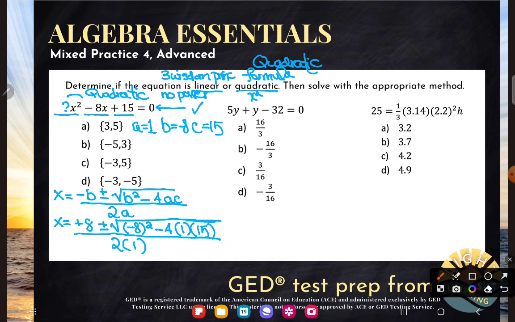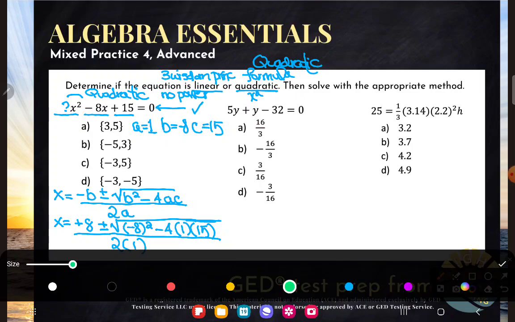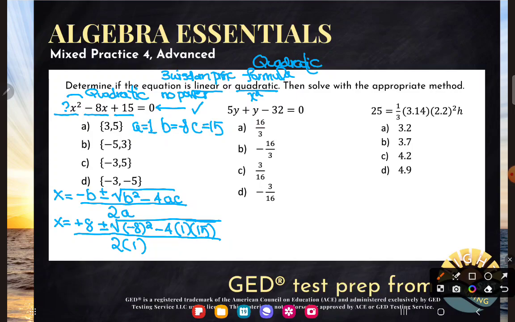I think what I will start with is just this square root portion. I kind of like to simplify around the plus minus symbols since my calculator doesn't have a plus minus symbol. So I'm going to type that entire piece into my calculator. So x is equal to positive 8 plus or minus, and let's type that entire piece in, the square root